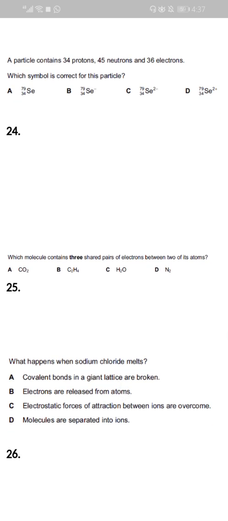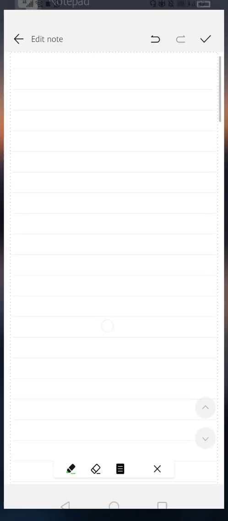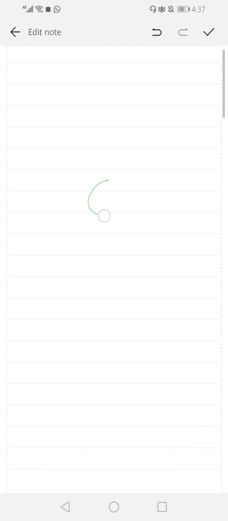So here is an example: carbon dioxide. Let me start with the structure of carbon dioxide,